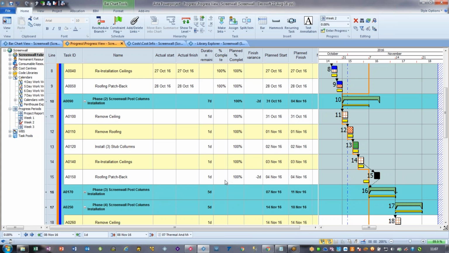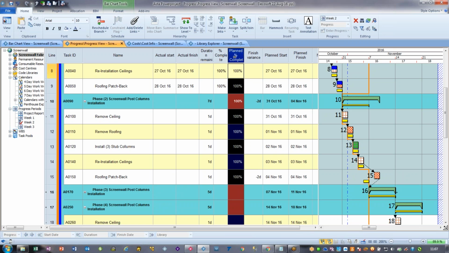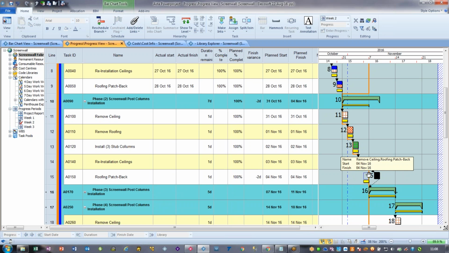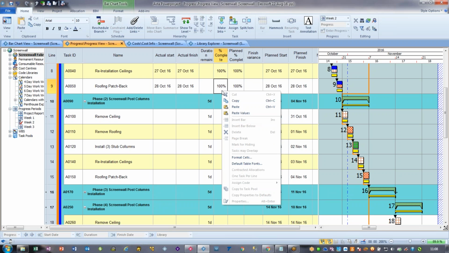So this column is looking at the baseline to say what amount of work should have been done at the date that you've given it for the orange line. So then again, you could say, well, it's all gone quite well, but in fact, just to